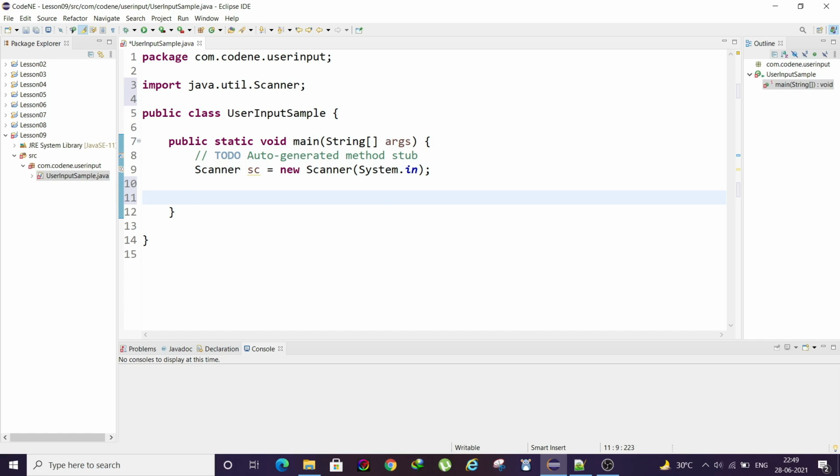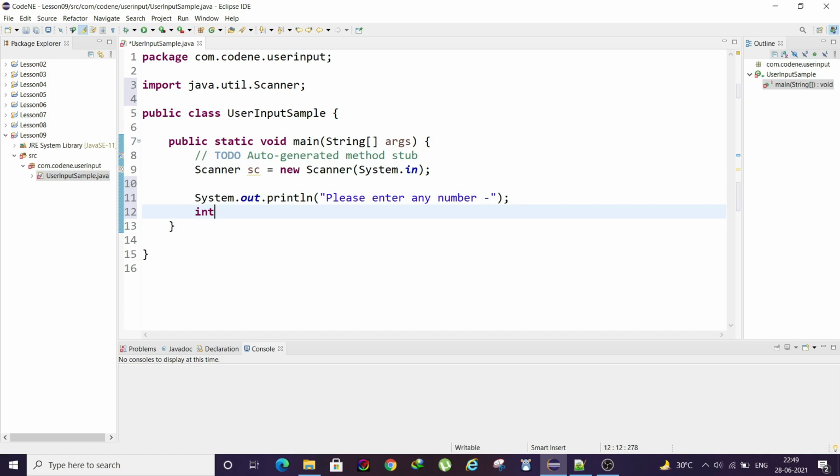Let's say we are going to ask the user to input some number or his name. To begin with, we'll ask him to input some random number. So we'll write System.out.println, "Please enter any number". Now we just need to declare an int variable and keep the name as num, or anything you want, then equal to